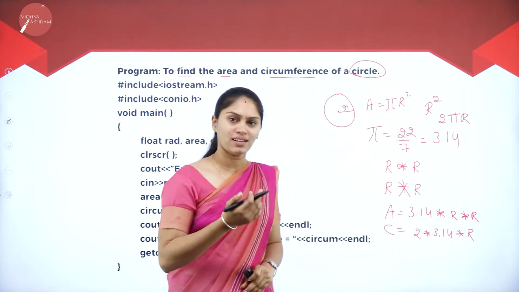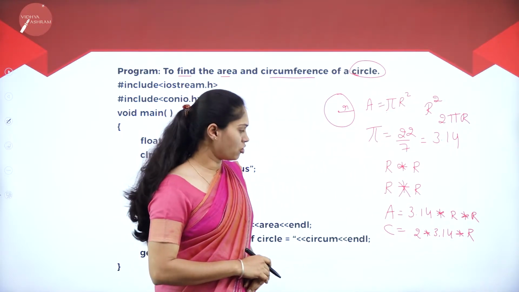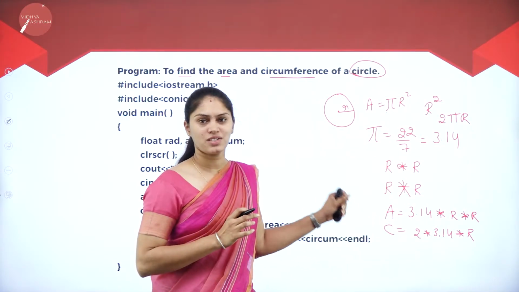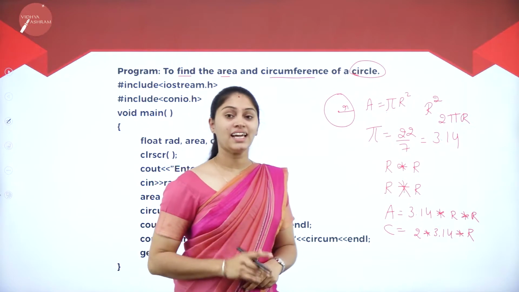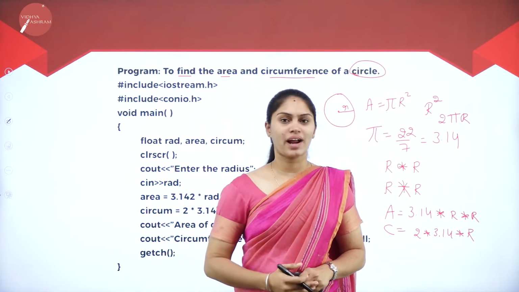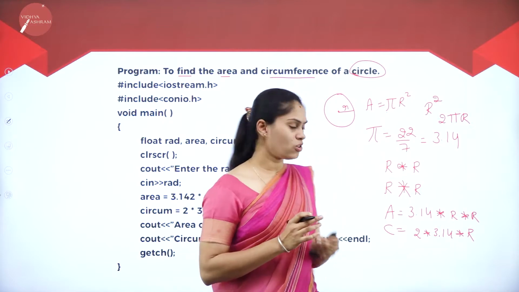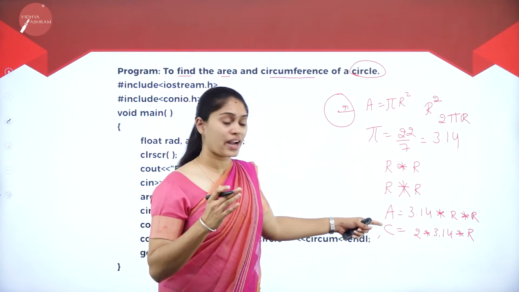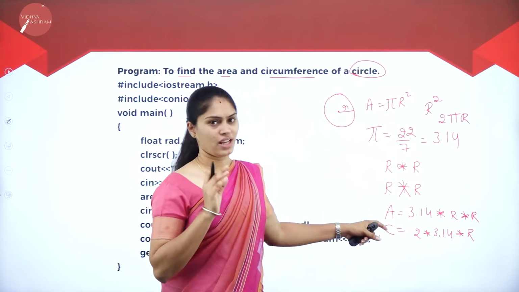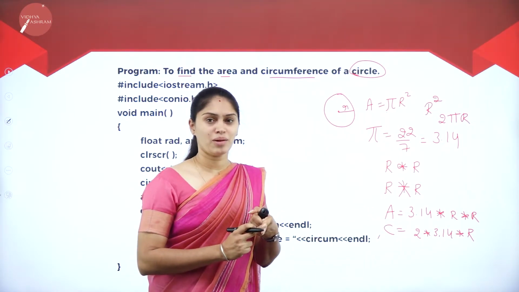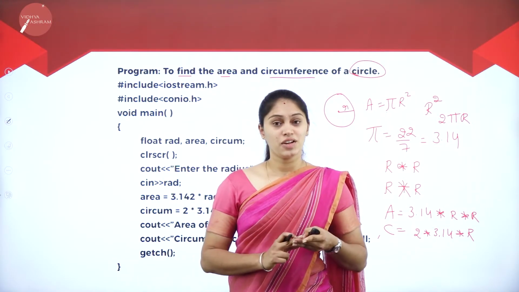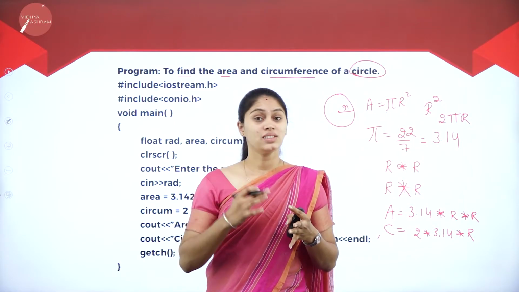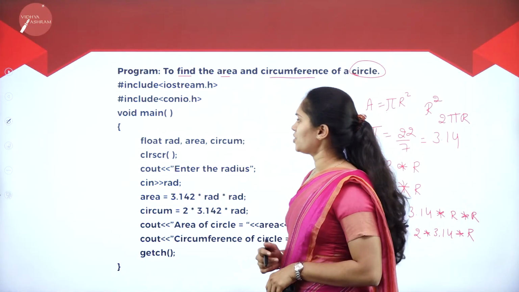Then what are the inputs that I am supposed to take? I have to take the radius, and I have to find the area and the circumference of a circle. So totally I require 3 variables in order to write this program. Then we got to know about the calculation part, and what must I display: the area and circumference of a circle. We know the input, the processing or calculation part, and what to display. So now let me get into this program.